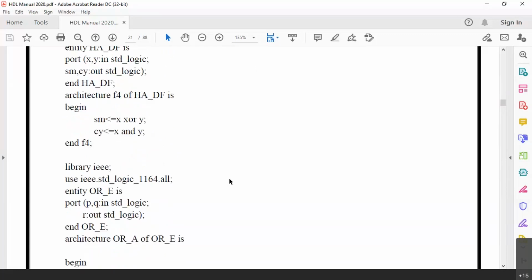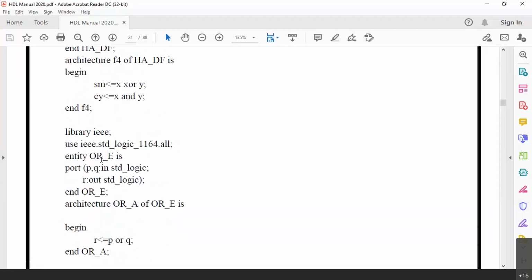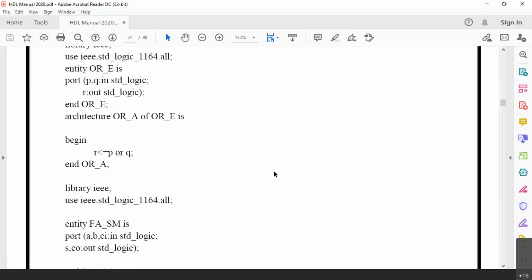And we need one more program, the OR gate program, right? The half adder program we have written here. Now library IEEE, use IEEE.std_logic_1164.all. Entity OR is port P, Q in std_logic, R out std_logic, because we want an OR gate here. Its ports have to have different identifier names, that is why they are given as P, Q, R. Now in the architecture of this OR gate, begin, R is assigned P or Q. That's all. This is the VHDL statement for an OR gate.